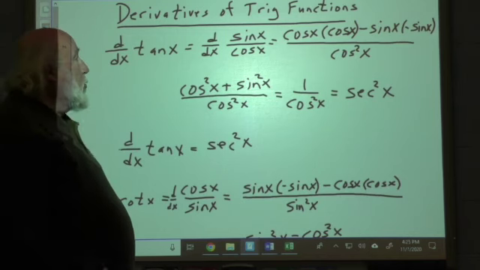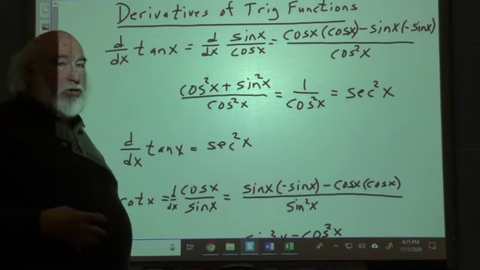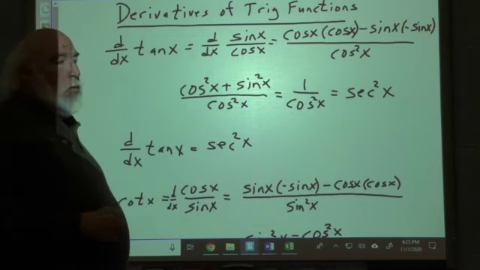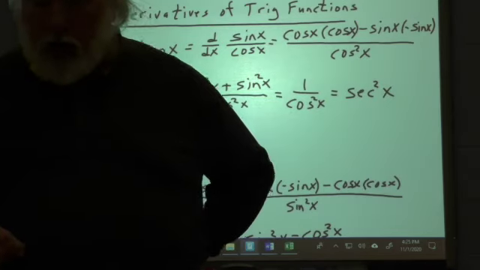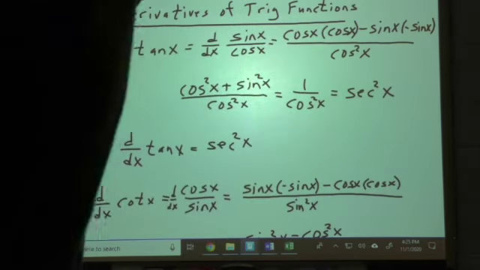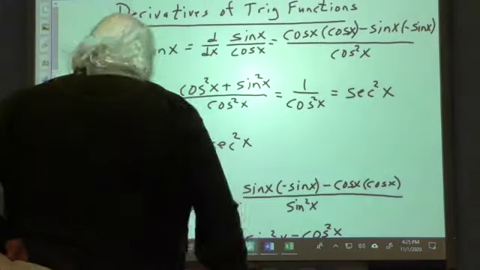Okay, we're going to go through the derivatives of the other four functions. I want us to be able to cut here a second, make sure I got this right. I do, okay. Start again, take two,